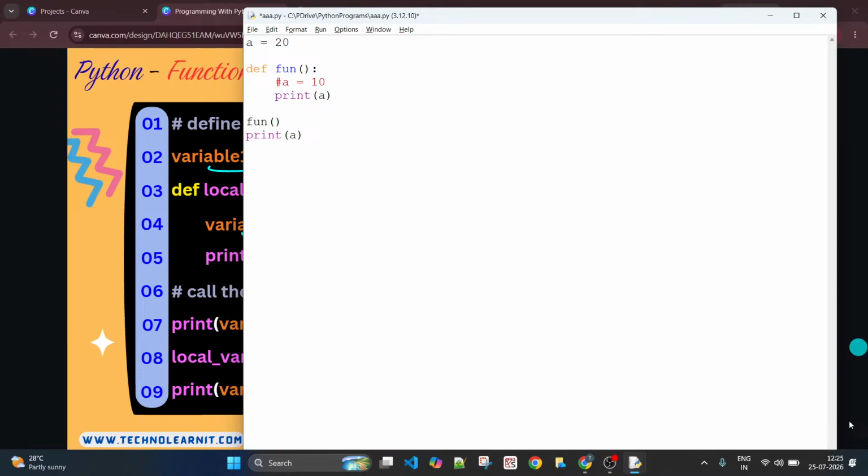Yes. Now you see, of course, you have some variable initialized to 20 and you have some function definition. You are using a. There is no local variable a, but will it access this or not? I'll show you quickly. And you are calling this function so that it comes here and it should ideally throw out an error, or if it is accessing this, it should print. Now you are printing a again once you come back from this function, and does this a refer to this or will it throw out an error? That's what you need to understand.